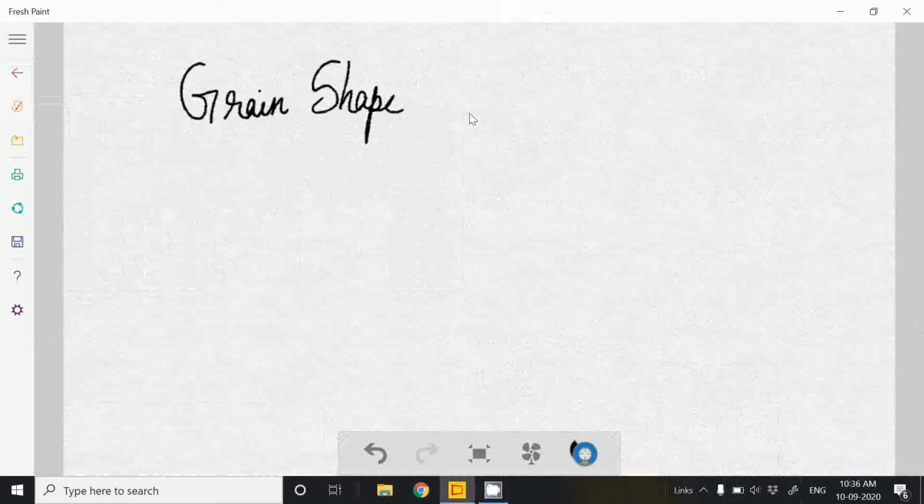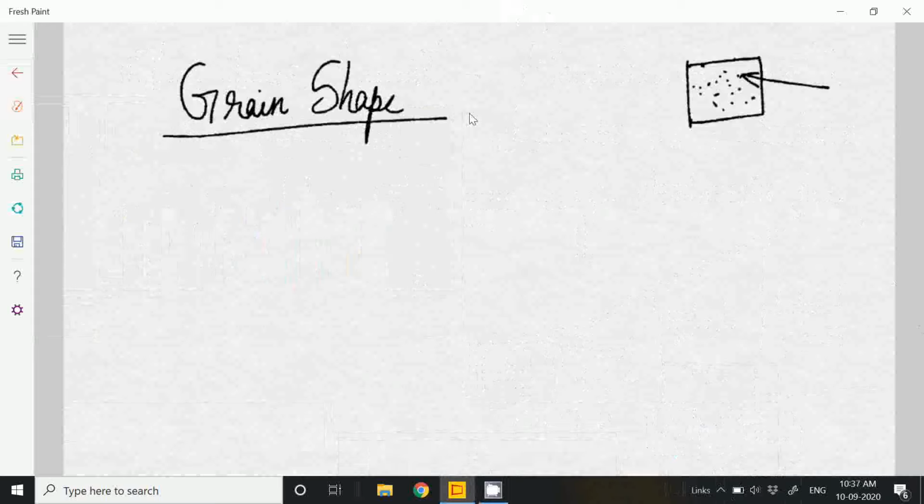If this is a soil sample, if these are the particles, a particular particle's shape we're focusing on. So now why do we focus on the grain shape of the individual soil particles? Because you can write it down, shape of soil particles is important